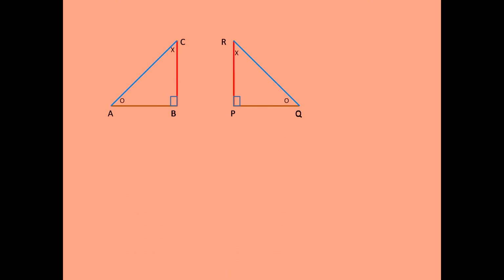The same sum in a different way. Again the same question has come. Let us see quickly. Vertex A corresponds to Q, vertex B corresponds to P, and vertex C corresponds to vertex R. And therefore in the triangle, A and Q are corresponding, then B is coming down, and then C is coming down. So we got triangle ABC corresponds to triangle QPR.